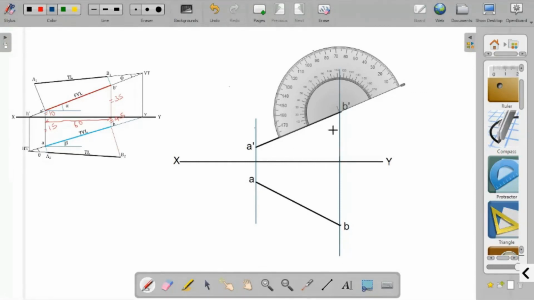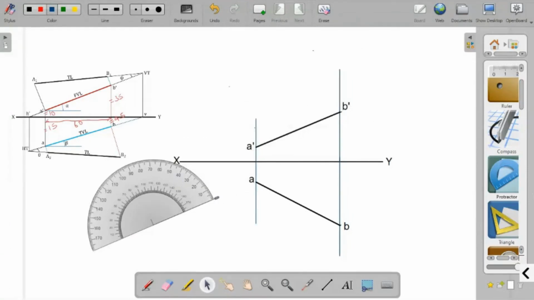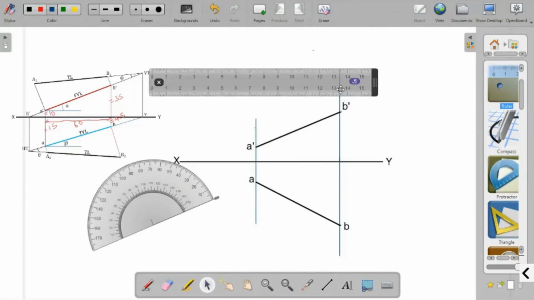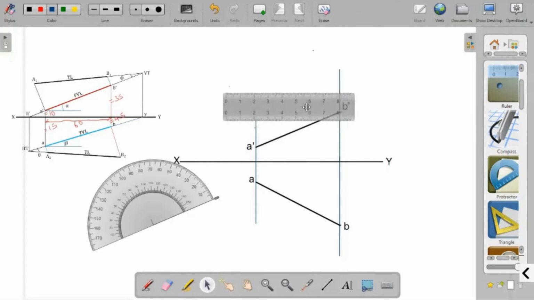So now on these two lines, on these 2 points, you have to draw a 15. So this is 15, so 15 millimeter line